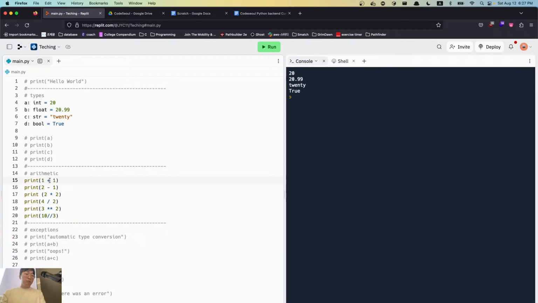So we have addition, we have subtraction, multiplication, division, and this is a power, so 3 to the power of 2. And this is 10 divided by 3, but without the remainder, right? So I'll print this. So 1 plus 1 is 2, 2 minus 1 is 1, 2 times 2 is 4, and 4 divided by